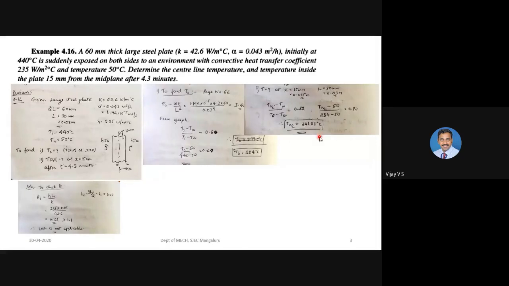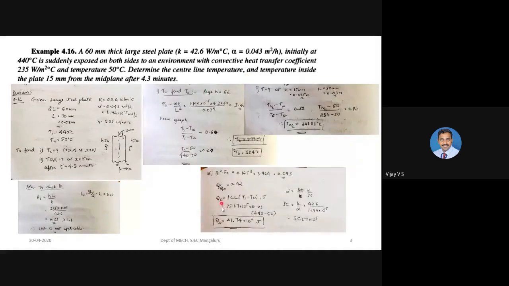Okay, but not too much variation is allowed. Now the last one here they have not asked, but I have done that. That is, if you want to find out the total heat transfer, that is the third graph we will use, Q by Q naught.